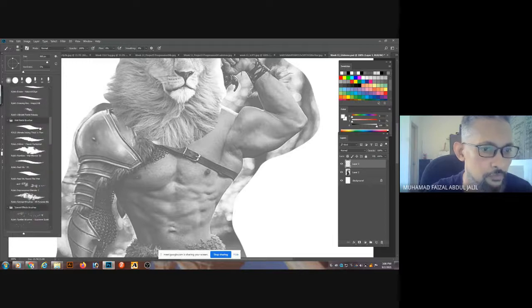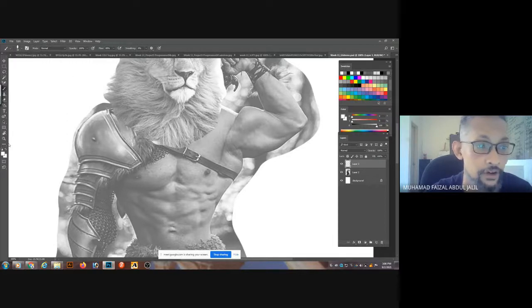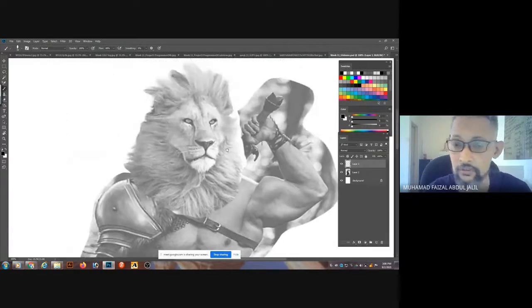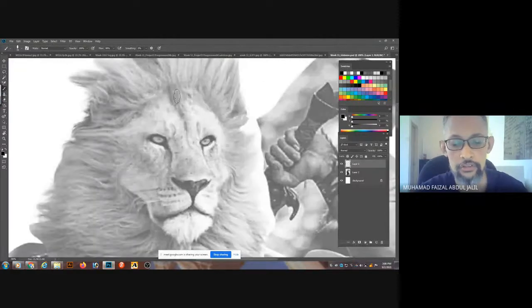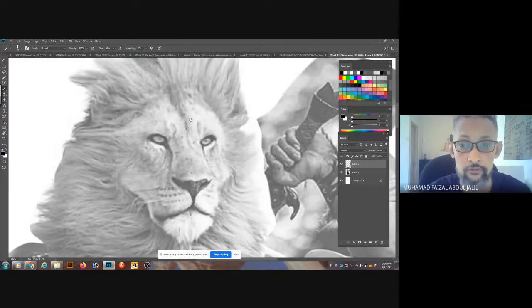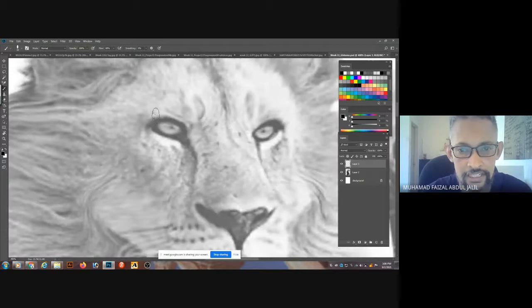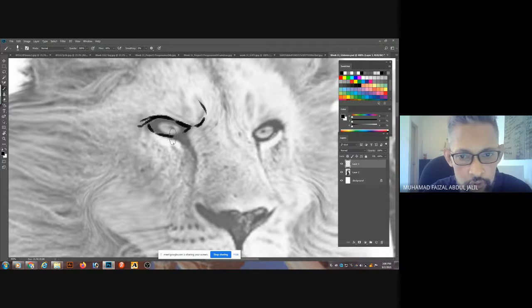You guys can use brushes like pen brushes or pencil brushes. You can use all these common brushes that we have used before. So right now, when I want to draw them, this is one of the ways I'm going to draw, and you see that, right? Where did I get these ideas from? If I was going to draw the whole thing without any reference, guys, without any reference,